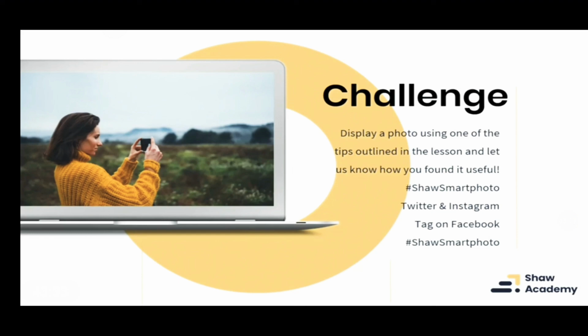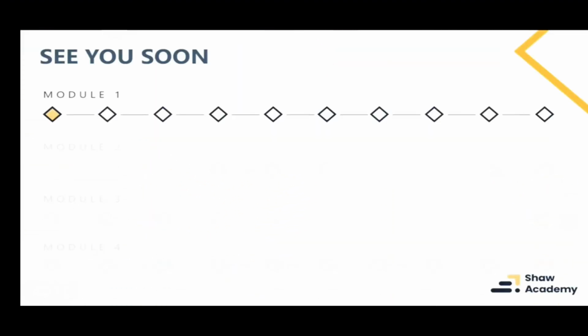Simply hashtag Shaw Smart Photo, and we can find your work that way. It couldn't be easier. Take your photograph, upload it onto Twitter or Instagram or Facebook, and put the tag Shaw Smart Photo, and we will be able to see your photographs, and indeed you can check out other students' work as well.